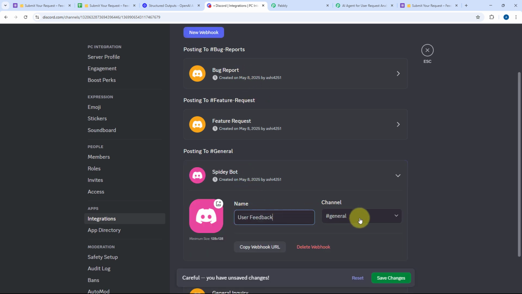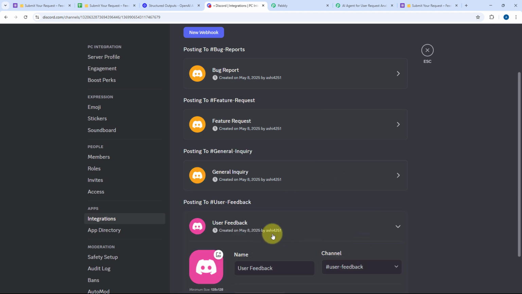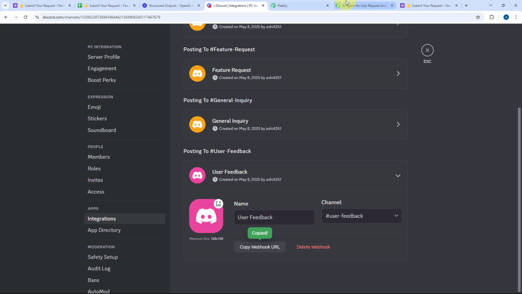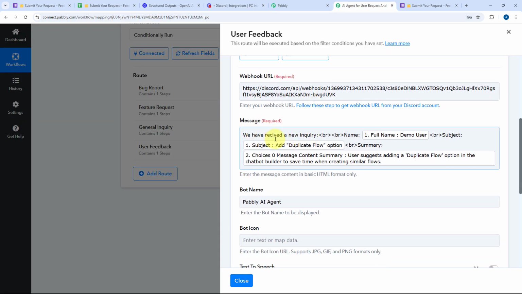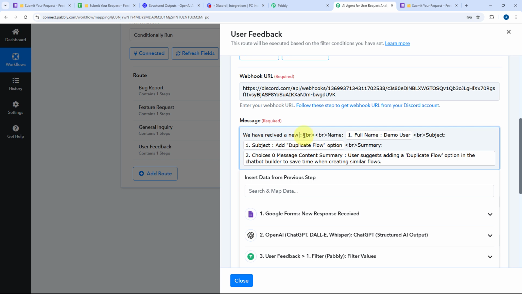So just paste the same name, select the channel over here of user feedback and save the changes. And after that, copy the webhook URL, go to Pabbly Connect and paste it once again. Now here what we have to do in the message as well, we have to basically change the message. We have received a new user feedback. And we have the rest of the same